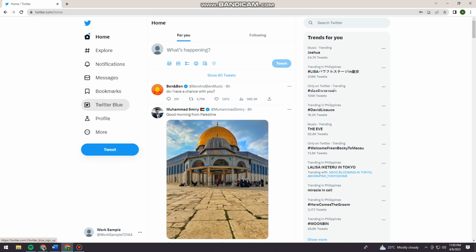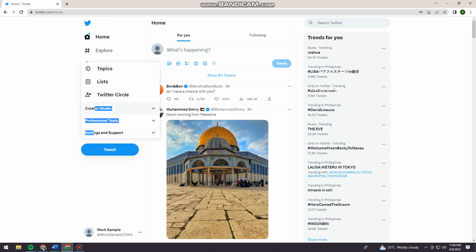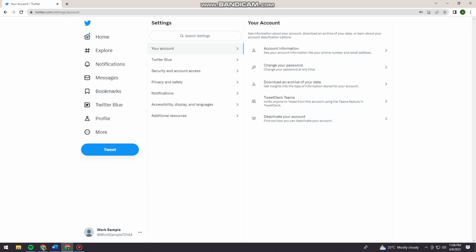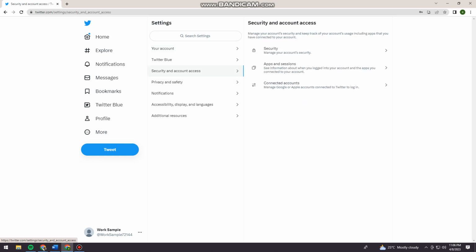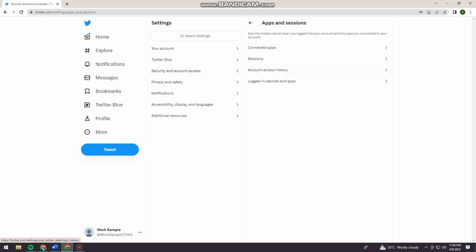Once you've done that, click on the More option here at the left side of your screen, click on Settings and Support, and click Settings and Privacy. Okay, so once you click Settings and Privacy, click on Security and Account Access. So here, click on Apps and Sessions, click on Sessions,